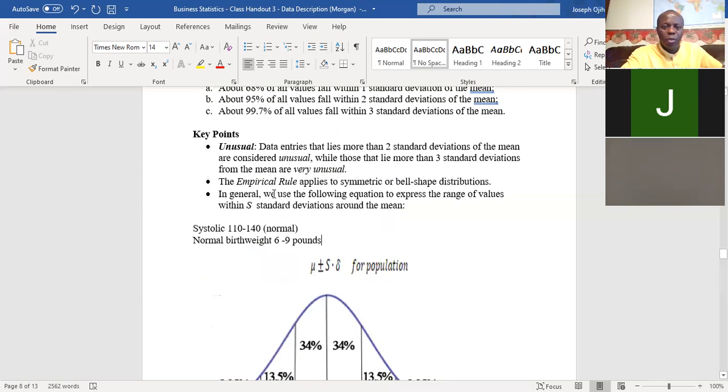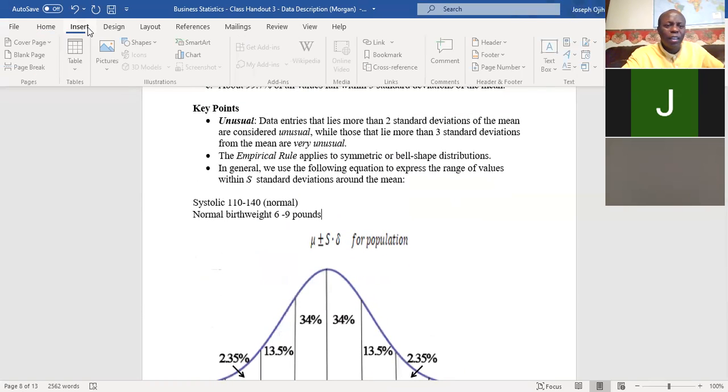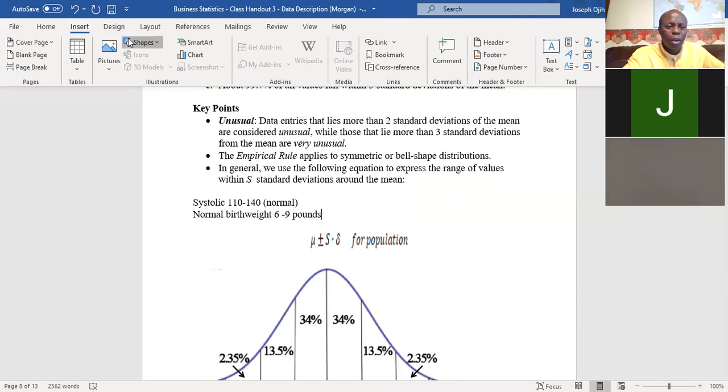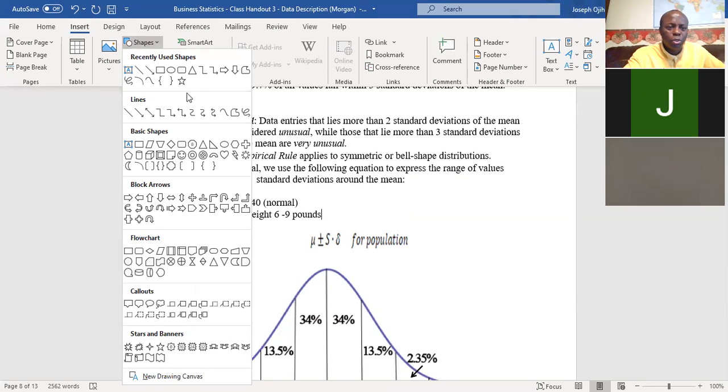So look at this. I wrote that data entries that lie more than 2 standard deviations from the mean are considered unusual, which means that data values